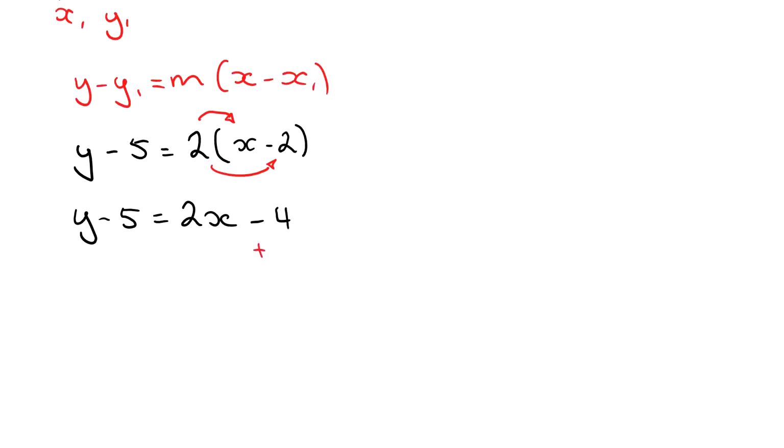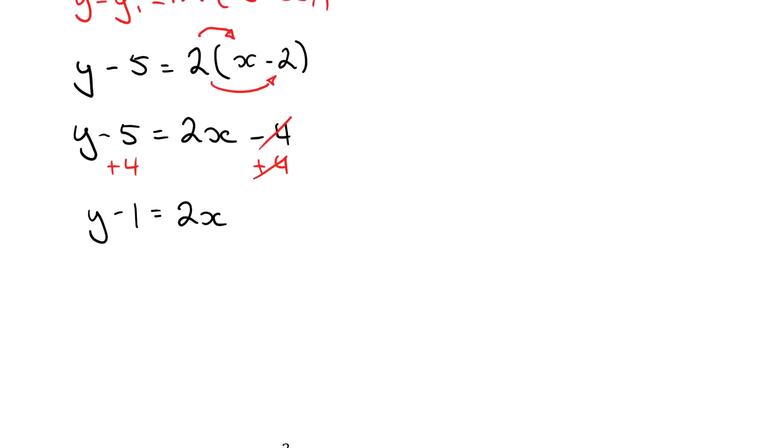I can then plus the 4 to both sides, these cancel out, I get y minus 1 equals 2x. But I want the 2x to be positive, so I'm going to move everything on the left side to the other side, which means they change signs. So we get minus y plus 1,